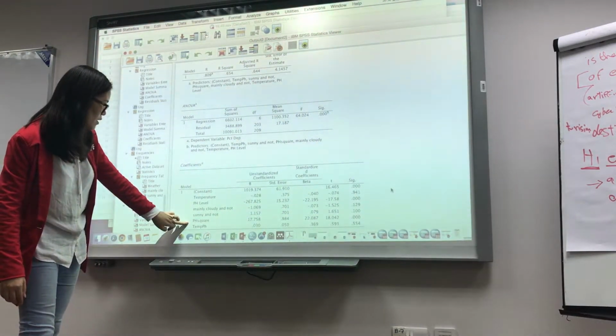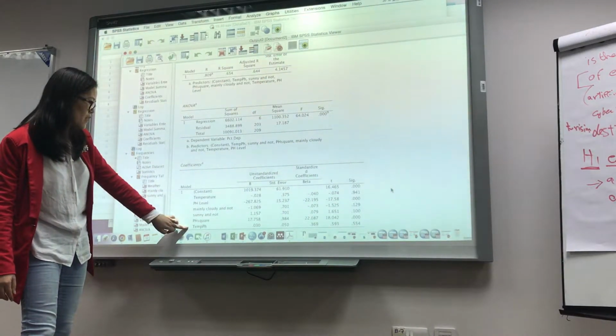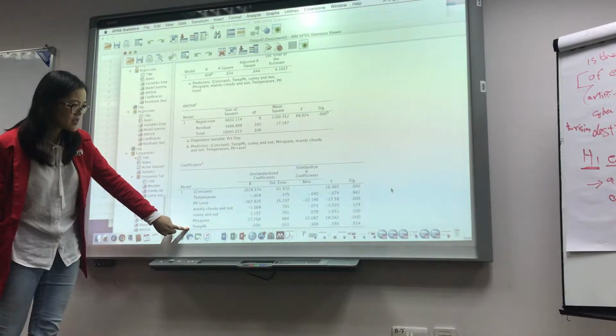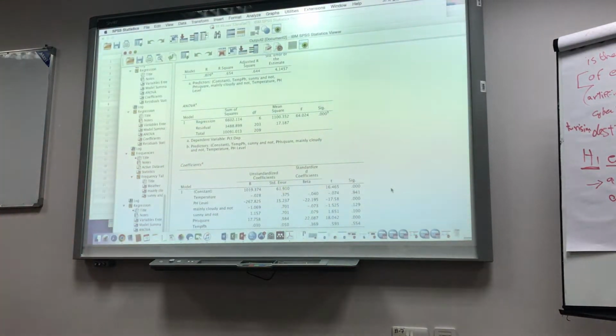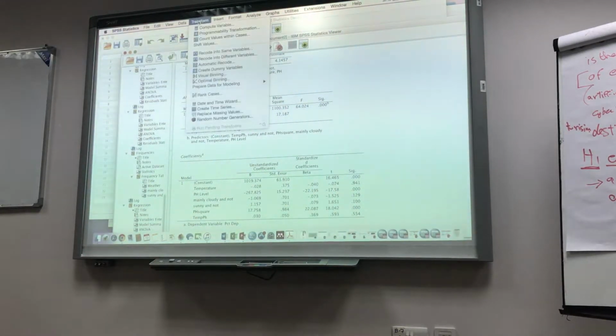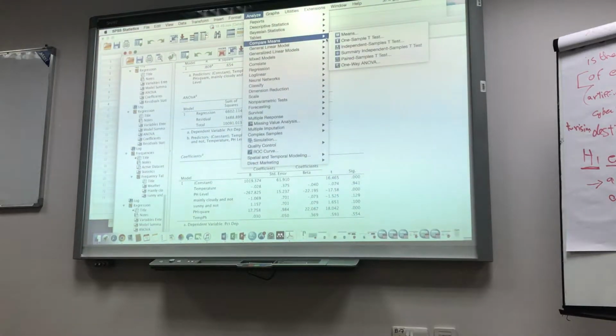And pH square is significant. Temperature and pH level interaction is not significant. So let's exclude the interaction and see, because the interaction is not significant, and we want to remove the interaction to see if the model will change or not.